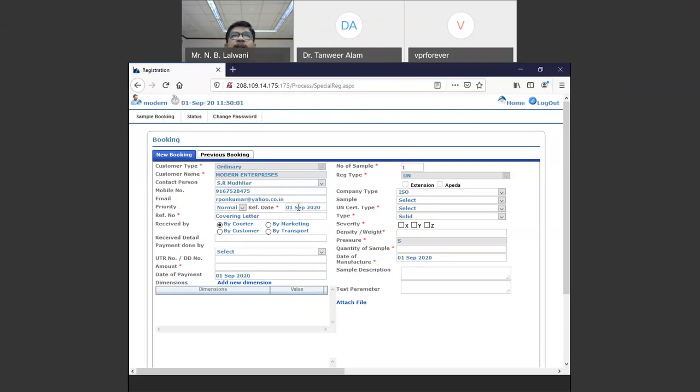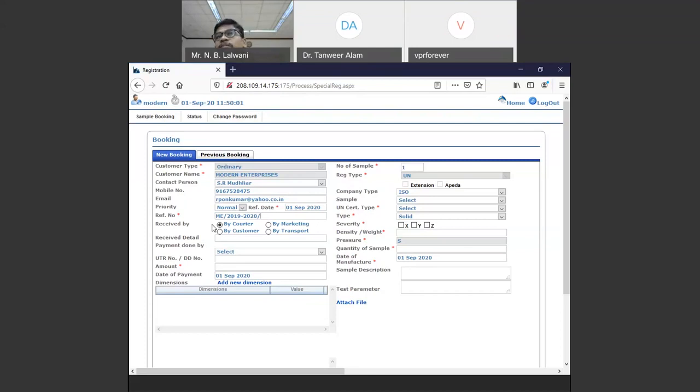Then the reference date will automatically come first. You can always get the pro forma invoice from IIP and make the payment before you start this booking. If you have any reference, particular companies will have, suppose Modern Enterprises, they can make a reference like Modern Enterprise, then a date or something like that, 2019-20. They can create their own references. This will be for the particular activity.